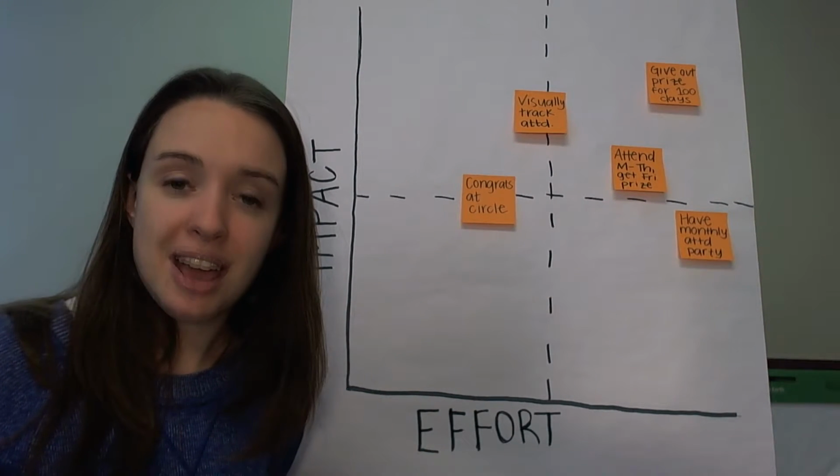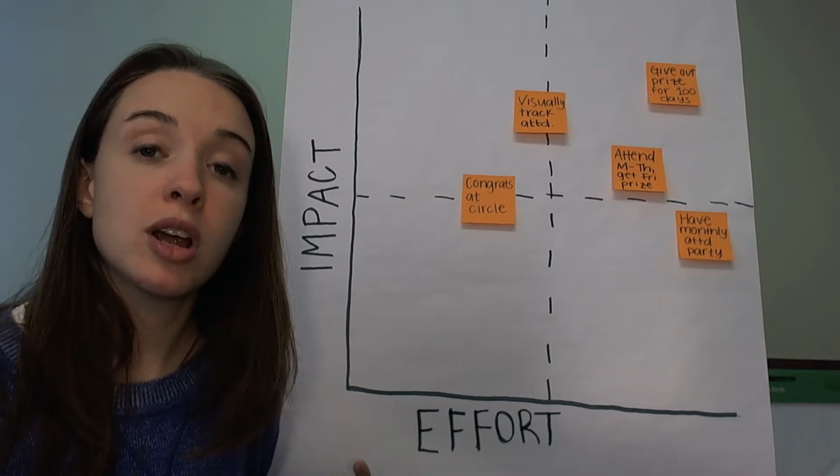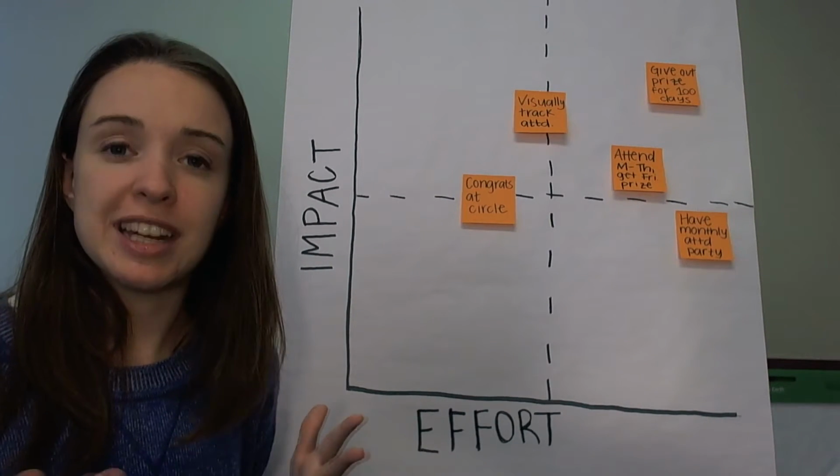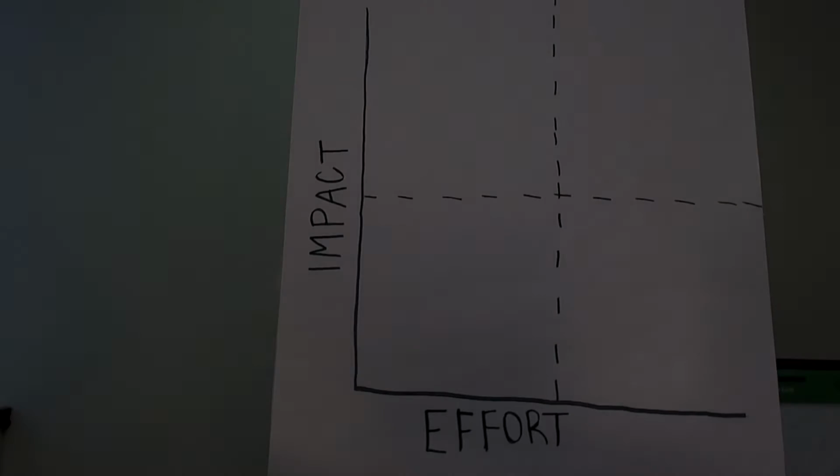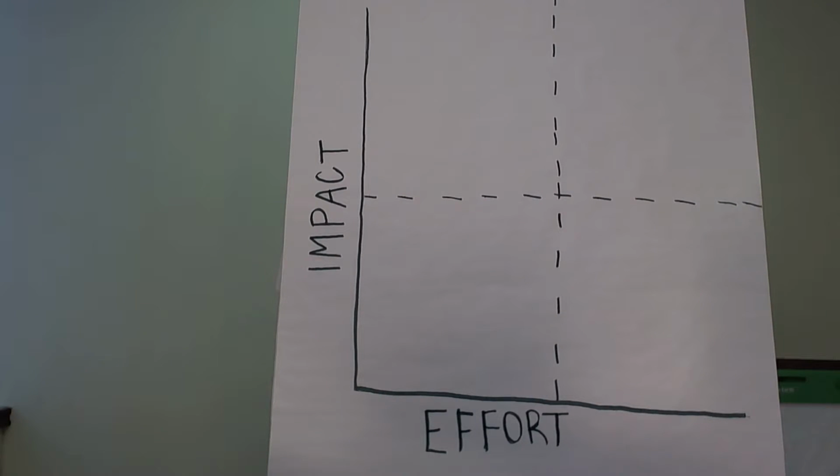All right, now let's look at another example that's not so much at operations level, but more looking at fundraising. In this example, we are going to ask the question, how should we fundraise for our building's new computer lab for the after-school program? So our common understanding of impact is we are going to get money for the new computer lab quickly and effectively. So a few ideas that people come up with is that we're going to have a letter campaign to